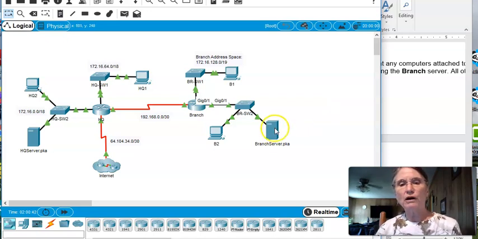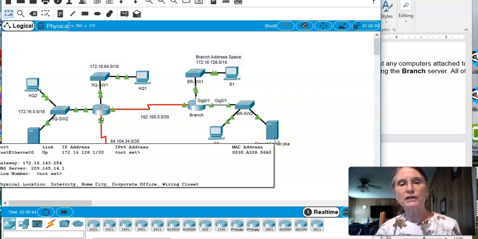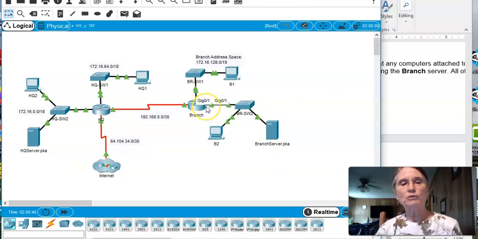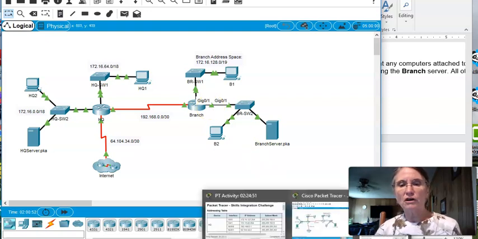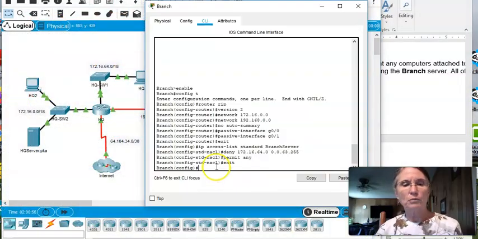So we are looking at a destination of branch server, so we would want to apply this to the gig 01 interface on our branch. So interface G01,